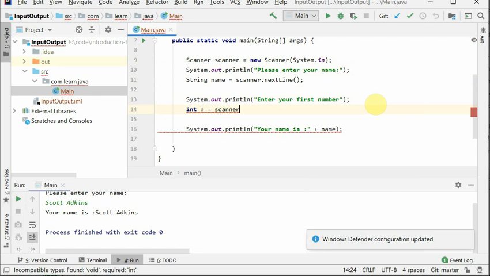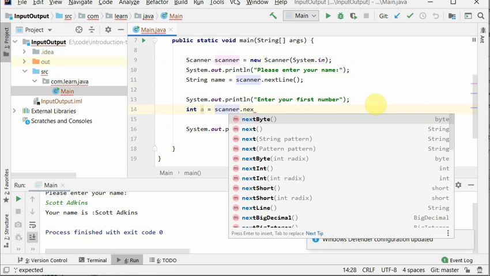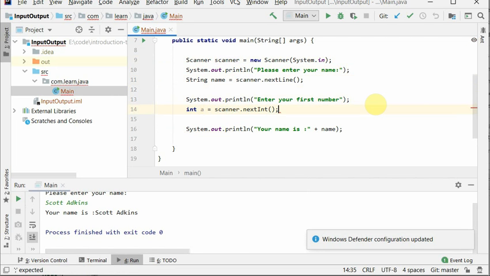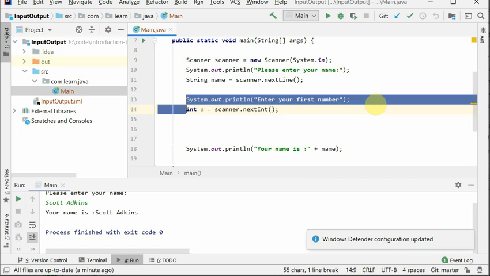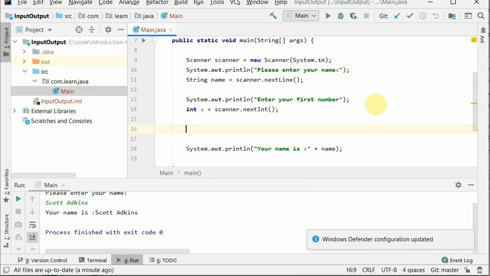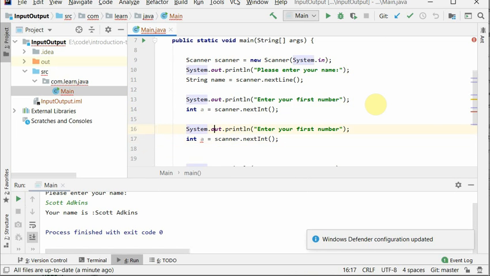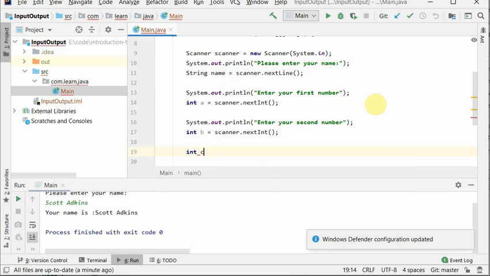So scanner dot nextInt, we can take input as an integer. We'll copy paste this, and then we'll say enter your second number, and here we'll take input in B. So first number in A, the other number in B, and here we'll say C is equal to A plus B,